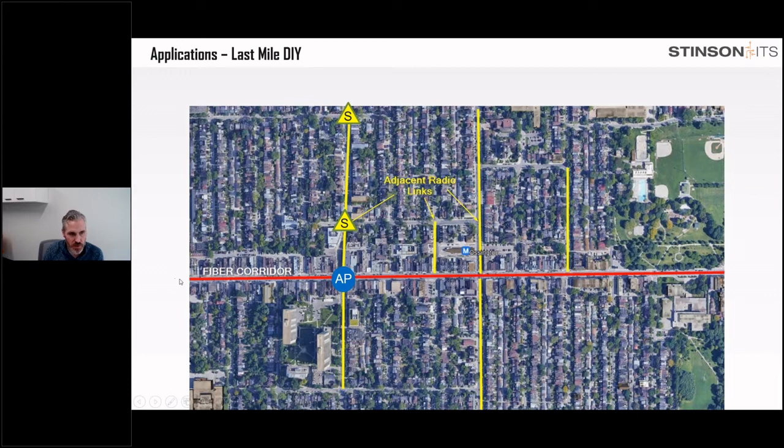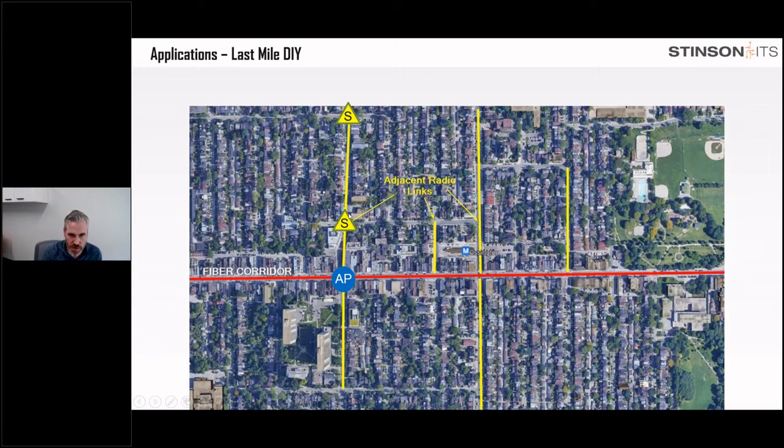So what I've seen is when internet is deployed in a city, typically cities will run fiber down major streets. And so this is Bloor Street in Toronto. I'm just making this up. It just happened to have a nice grid location. So say that down Bloor Street, there's these fiber connections. At each of these major streets, there'd typically be a splice and a network switch in the traffic cabinet at each of these locations. So you could very easily, on one of those signal poles, put a radio and aim it